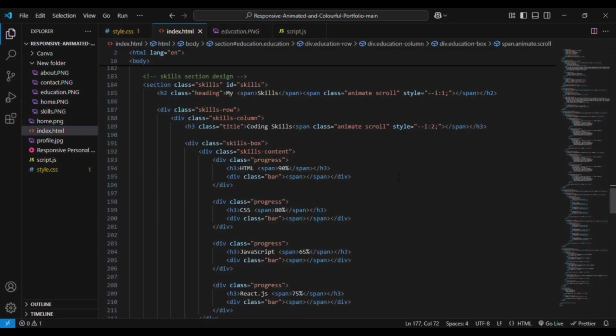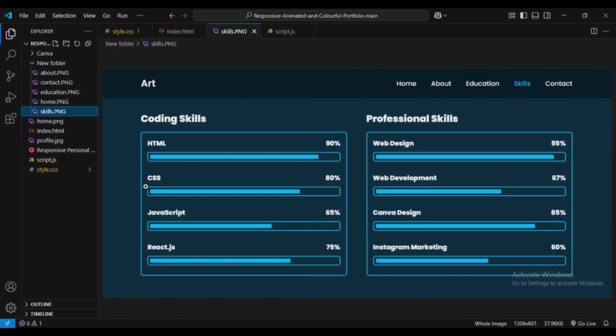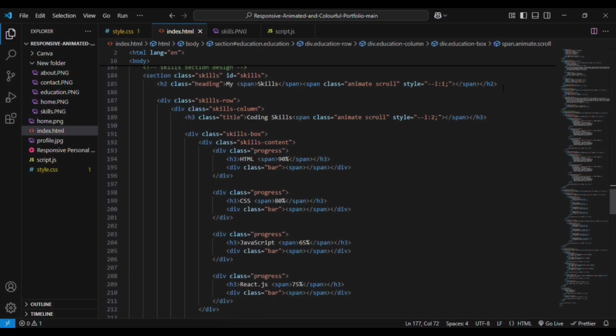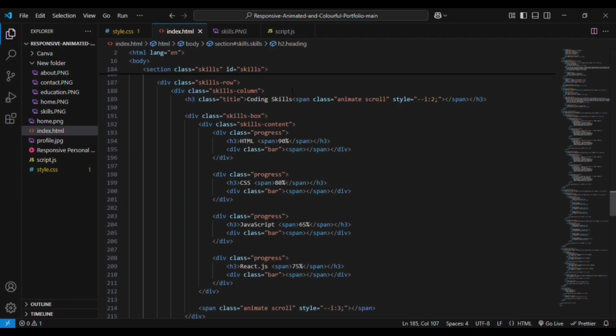Let me show you the skills section. This is the skills section. In the skills section we have the h2 element, same heading tag. Then we have the main div, that is skills row, and skills column. In that we are adding the h3 element for the heading tag for the title, that is coding skills,